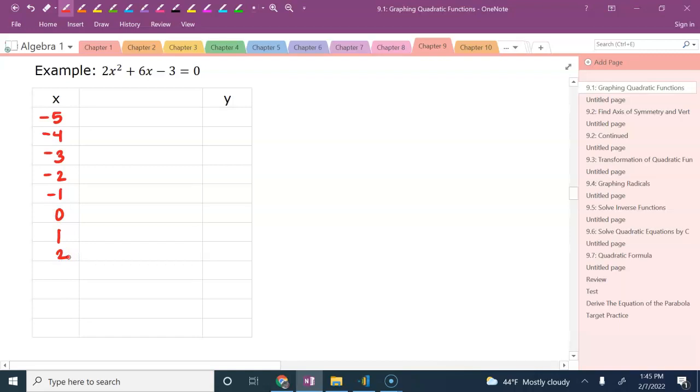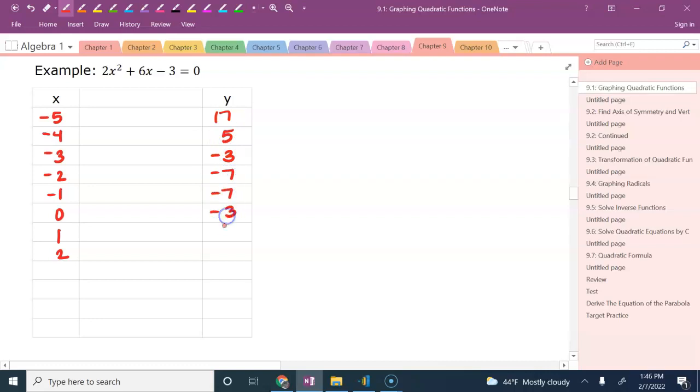Okay, I typed all my stuff into my yellow calculator, exactly how you see it here. So I would have done a 2, the x squared plus 6x minus 3. And make sure when you have a minus sign that you're hitting the minus and not the negative key, because there is a difference between those. Okay, and then if you want to try to type that in real quick and get your table and make sure that your points match mine, this is what I got. 17, 5, -3, -7,